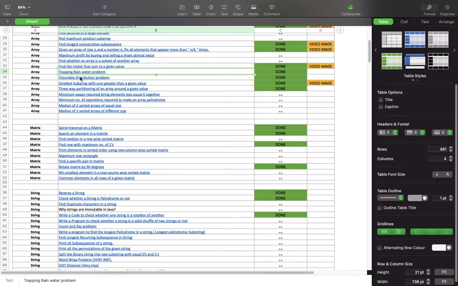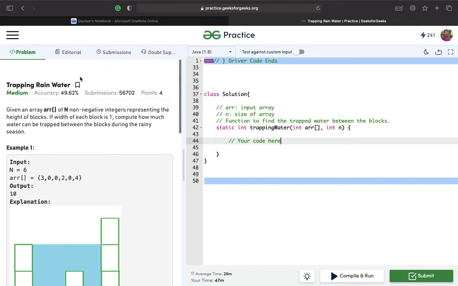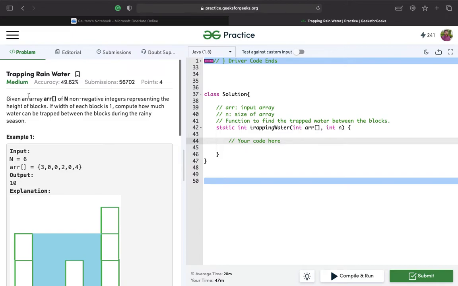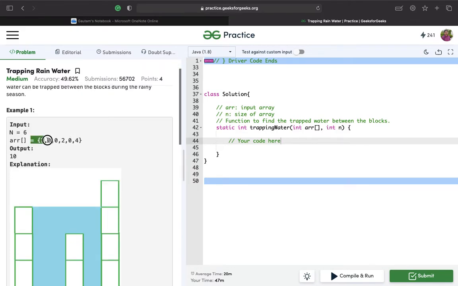So the question is the trapping rainwater problem. Given an array of n non-negative integers representing the height of blocks, if the width of each block is 1, compute how much water can be trapped between the blocks during the rainy season. So if the array is this,